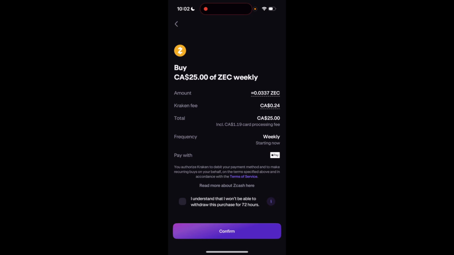Once you're on this page, you can check out the amount of Zcash that you're going to be buying per week, the fee, the total amount that it'll cost, the frequency. Make sure that weekly is showing, the payment method, and if all looks good to you and you want to proceed, go to the bottom, press confirm, and that is how to set up automatic weekly Zcash buys here on